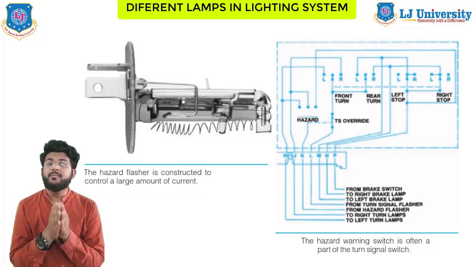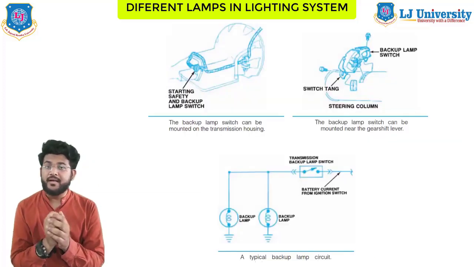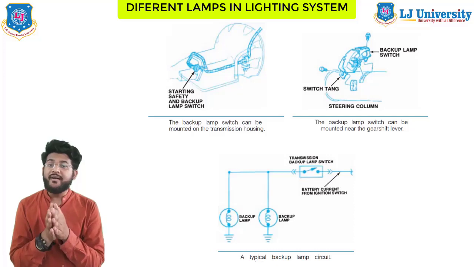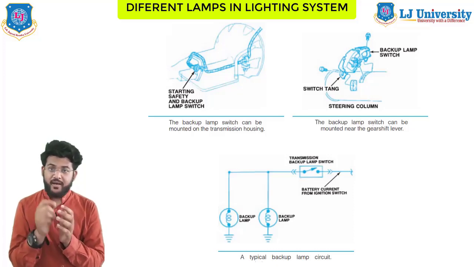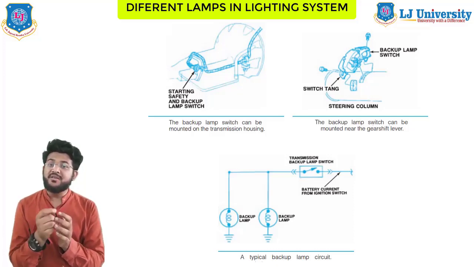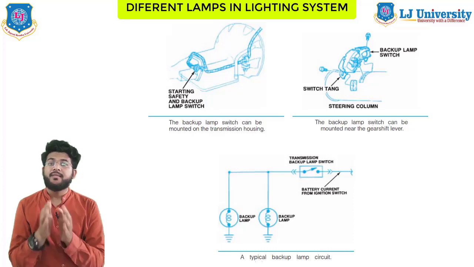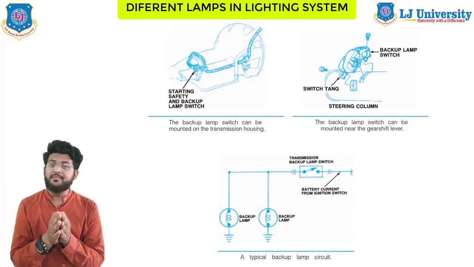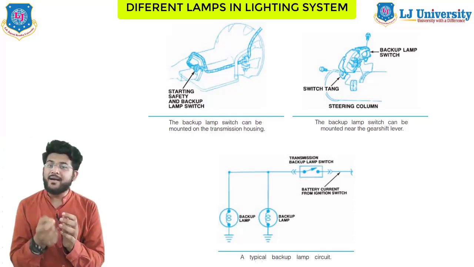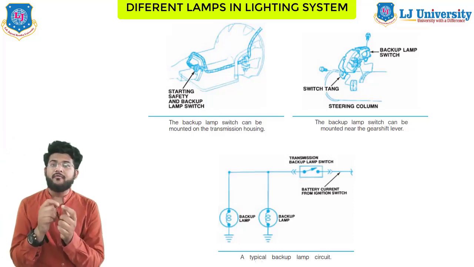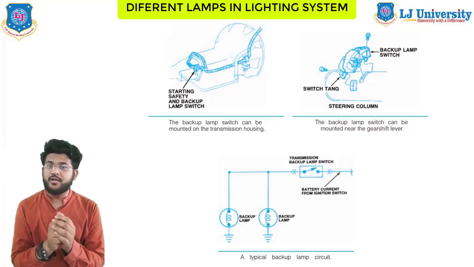Now there is also one more, that is the backup lamp circuit. What is that? The white backup lamps light when the car's transmission or transaxle is in reverse. So you can say it is a reverse light. The lamps have been used for decades but have been required by law since 1970 or 1990. Backup lamps and license plate lamps are the only white or slightly yellow lamps allowed on the rear of the car.